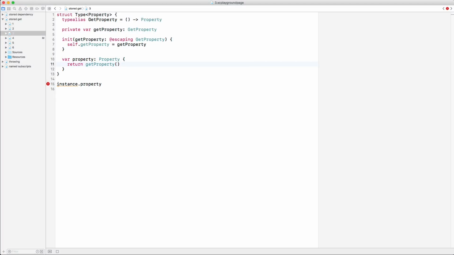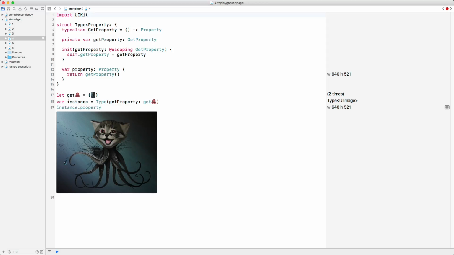Let's see that in use. We make a type instance specialized with UIImage by providing a closure that returns a UIImage in the initializer. We can use the desired API, instance.property, after the instance is initialized, but we still have to deal with naming the dependency in the initializer. We don't feel too defeated by this,